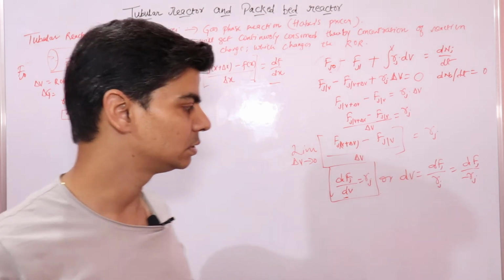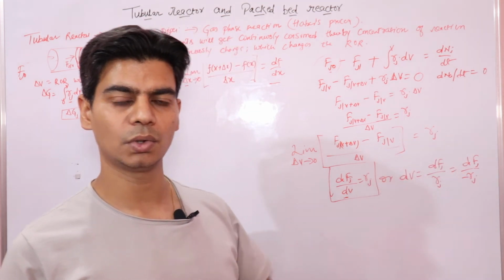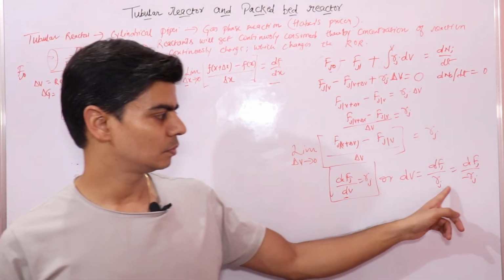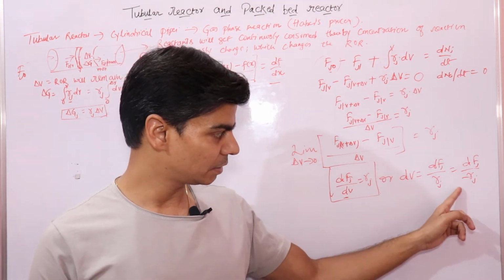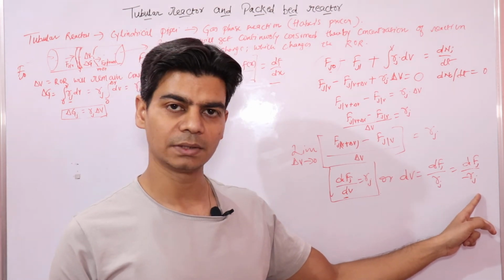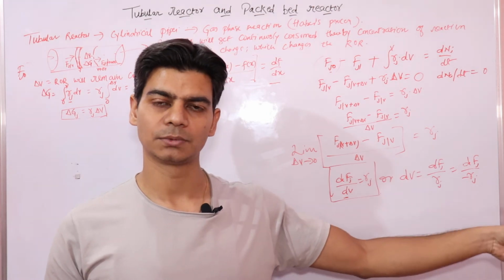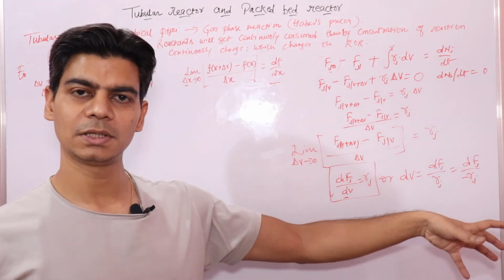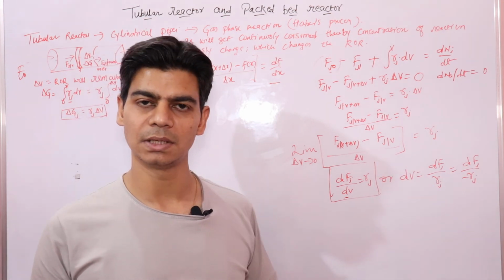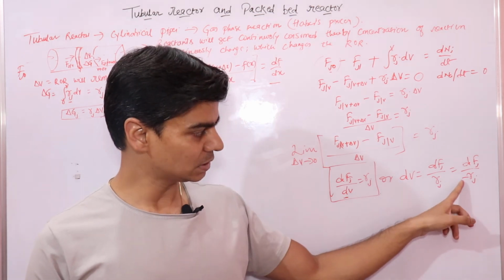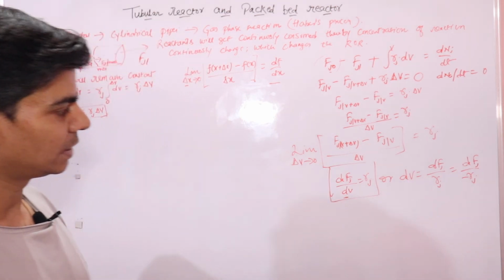We have already done this in school, so you should remember it. If not, you can look at my playlist on chemical kinetics, where you will find the reason for this. This is negative because the final concentration of reactants would be less and the initial concentration would be more. So the rate of reaction is final minus initial, which will be negative, and along with this negative sign the rate becomes positive, because rate cannot be negative.